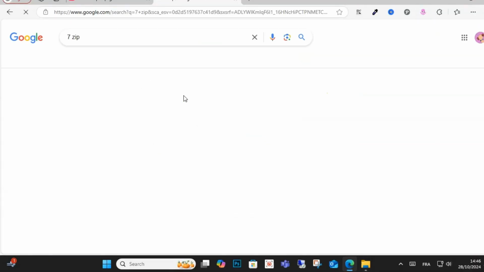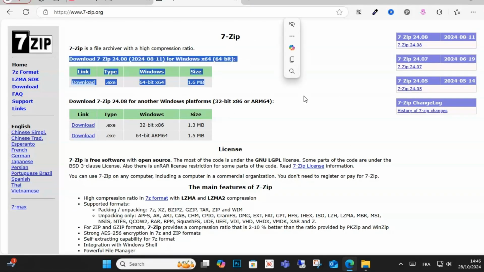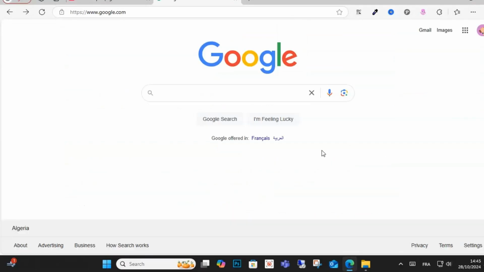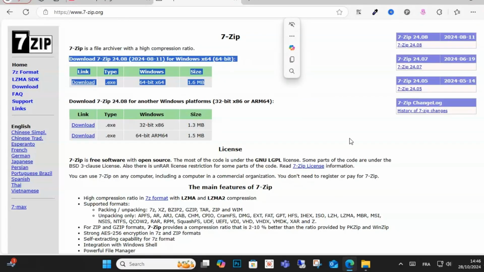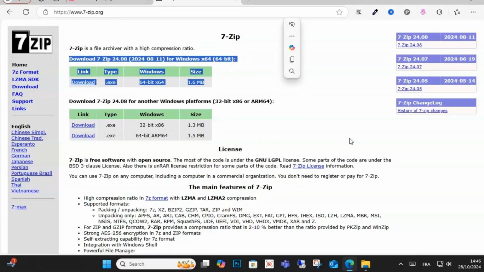As you can see here, this is a popular archiver on the web. You can download and use it to open the file, and you can use WinRAR, guys. WinRAR is also a great and popular archiver, and you can use it to extract your file easily. And this is a guide on how you can use it on Windows 10 and Windows 11 to open, for example, this